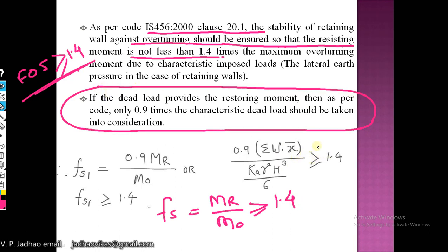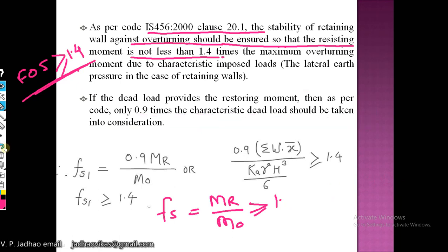It says that if dead load provides the restoring moment, then as per code only 0.9 times the characteristic load should be taken. So as per the IS code, this resisting moment MR should be taken as 0.9 MR if the resisting moment is due to dead load only. Generally the resisting moments are only due to dead load. So this formula will become